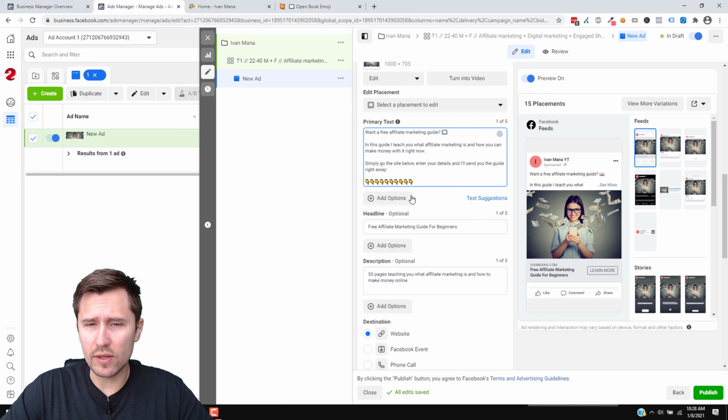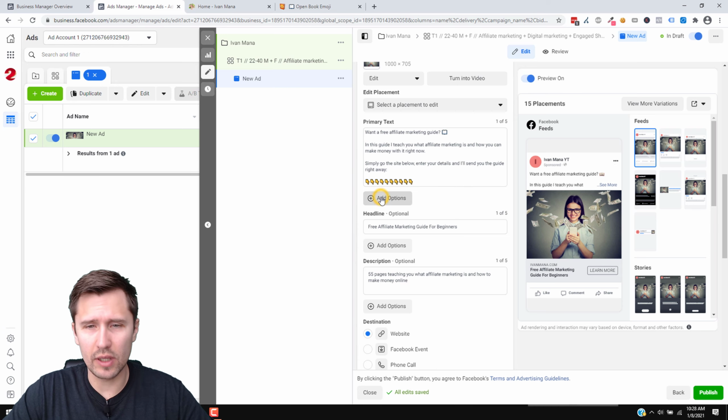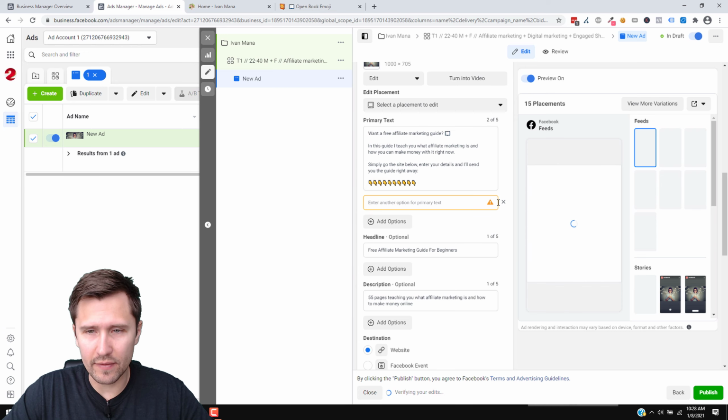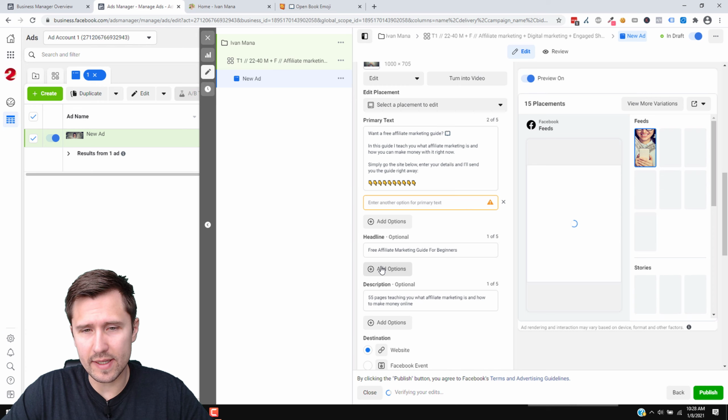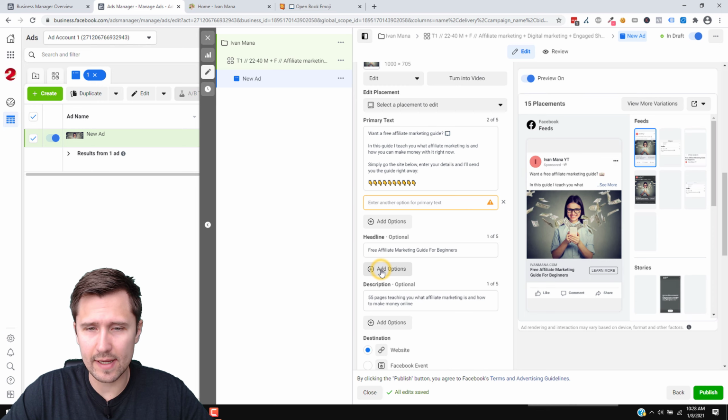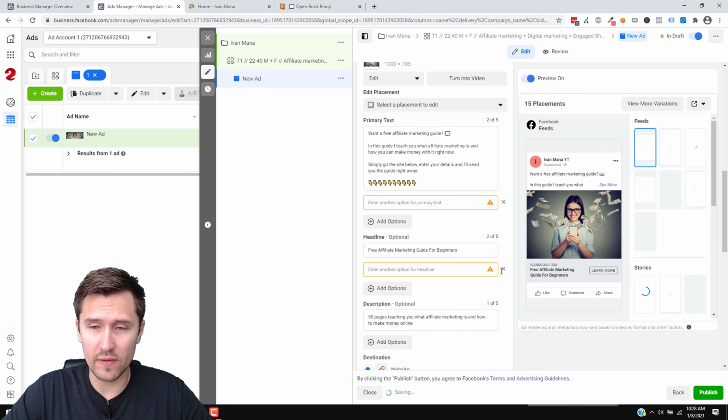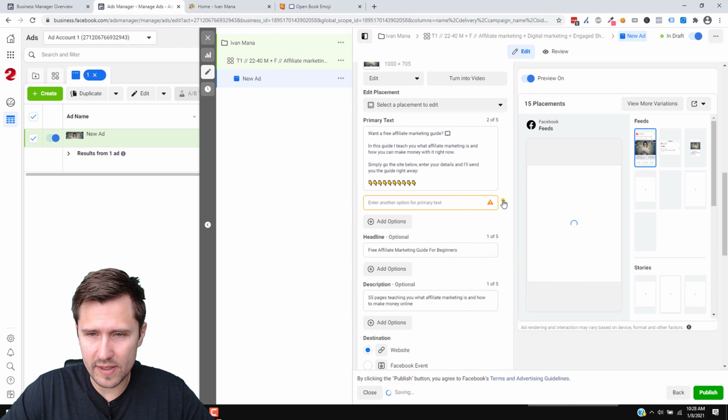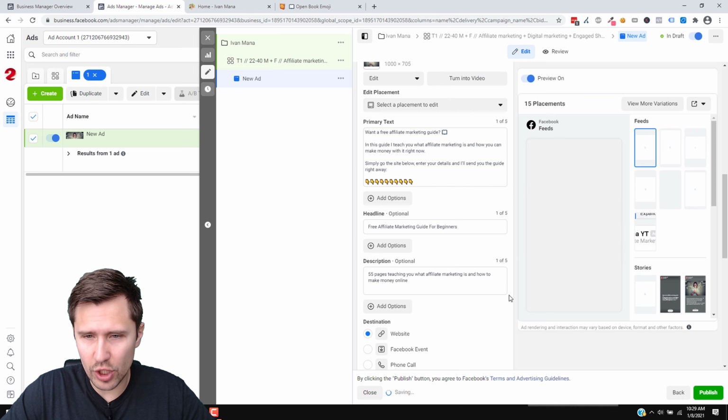And then what you could also do is add options, so you can test different variations. If you click on add options, you can test another variation for the headline, another for the primary text, and another for the headline. So you can go with all these options and see which one works best for you. I'm just gonna go ahead and close out of that, and we should be pretty much good with this